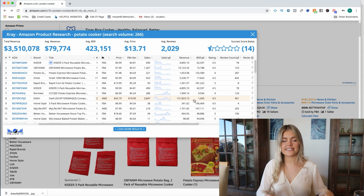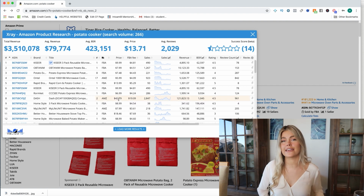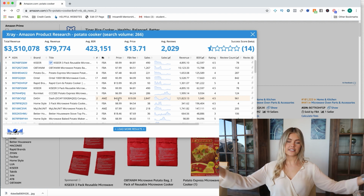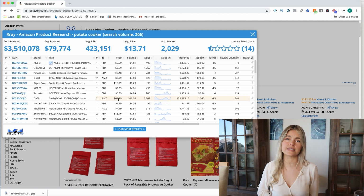Look at this product, it's selling 6 figures a month. All you have to do is go get it from China for $10. You're gonna get a $32 profit. That means you're making like $60,000 a month in your pocket. That's not true. There's a lot more that goes into it, and analyzing these numbers is important, but it will